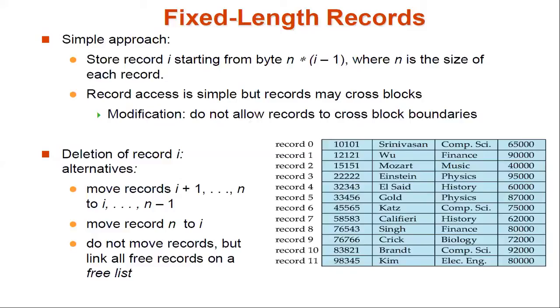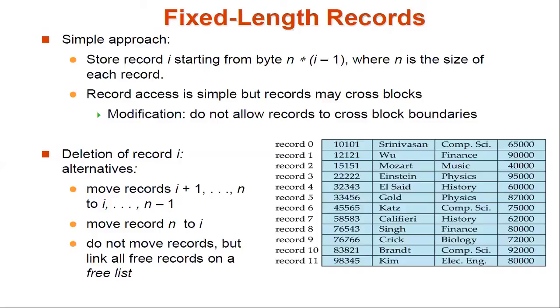Suppose your entire volume of your table, or your data content, exceeds a particular block size, then it may be possible to store it into the next subsequent blocks. But sometimes, for the access purpose, you can restrict the crossing of blocks. So here there are certain manipulations you can do with this fixed length record.